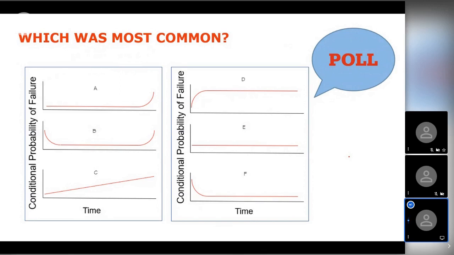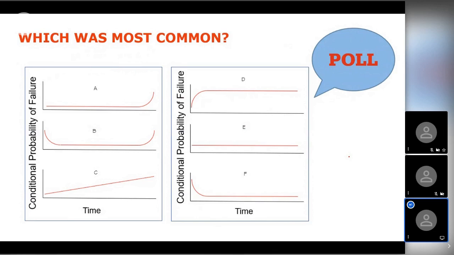The second one, which many of you may have seen before, higher probability of failure at the start of its life, and then after that it more or less follows that classical profile. C, pretty good at the start, and then just gets worse and worse and worse probability as it gets older. D, pretty good at the start, and then jumps up quite quickly to a higher chance, but still random. E, just low random throughout its life.